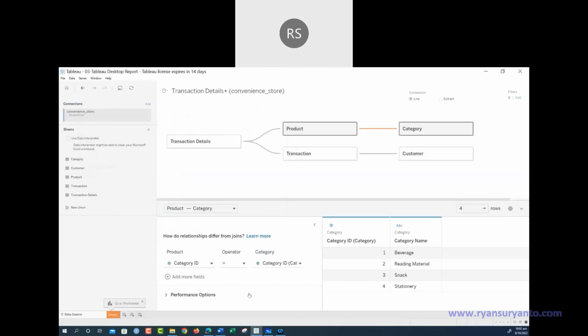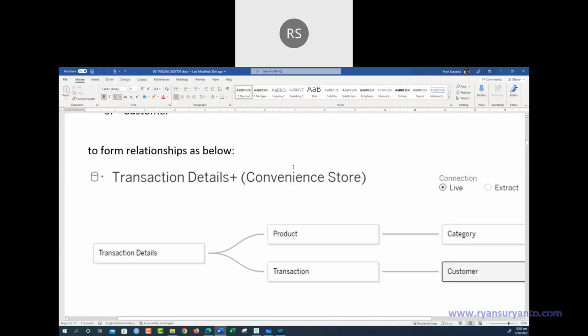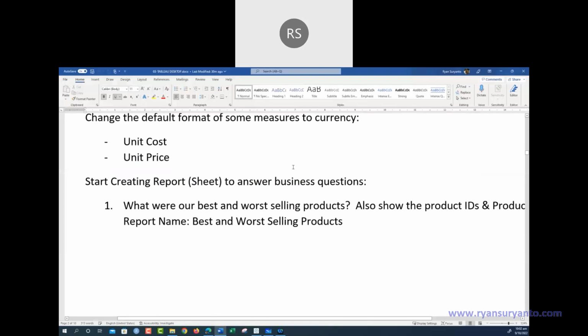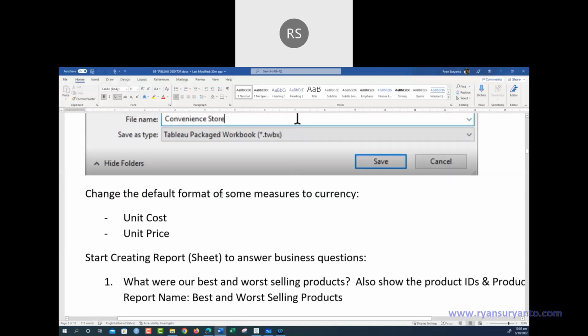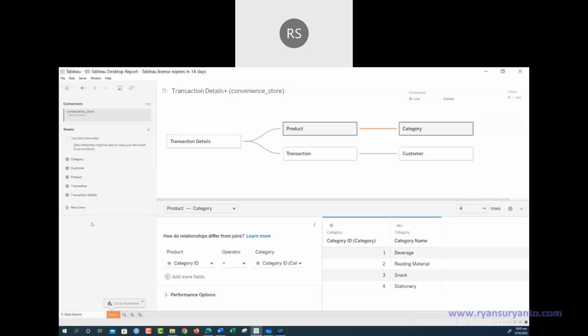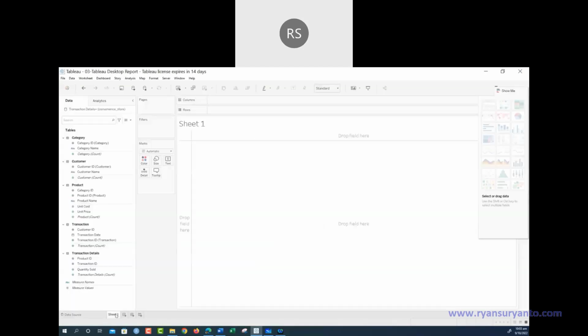Okay. Then after that, we are ready to answer some business questions. Change the default format of some measures to currency standard, such as unit cost and unit price. Yeah, these are in currency. So we go here, this is the source. After that, this is sheet one. So here each field